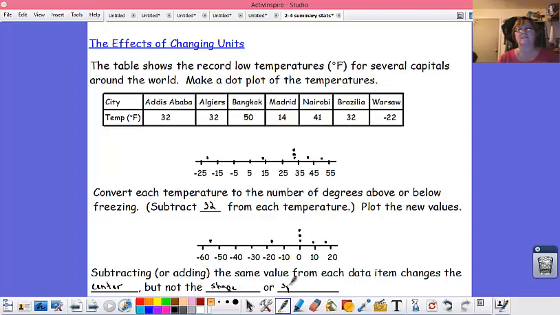Right? They still have the same shape. They still have the same range of values. It's just that everything has been shifted down in this case by 32. So it slid the center down. It didn't change the shape or the spread, and that was subtracting the same value from each element of a